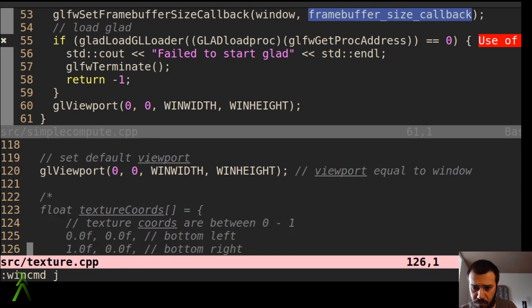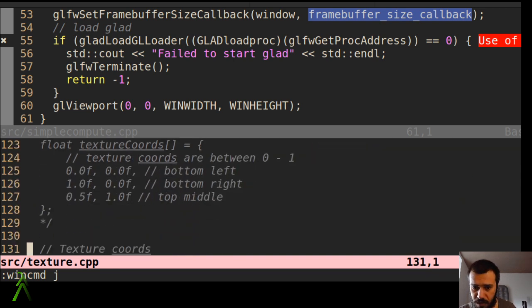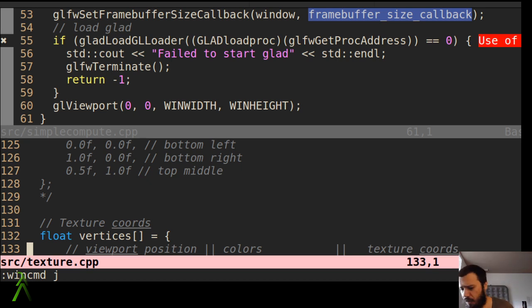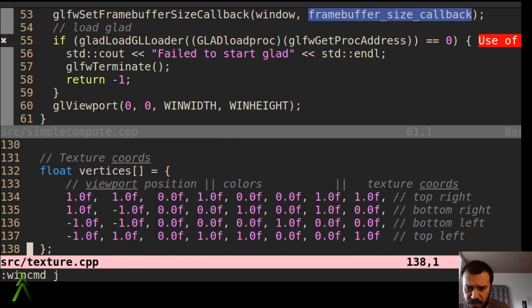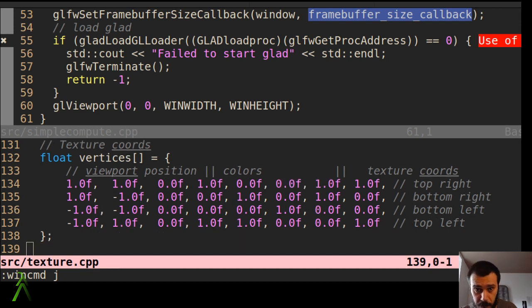This is not a code that really calculates stuff or anything, but this is necessary for all kinds of compute shaders we would like to use afterwards. All right, so let's see if